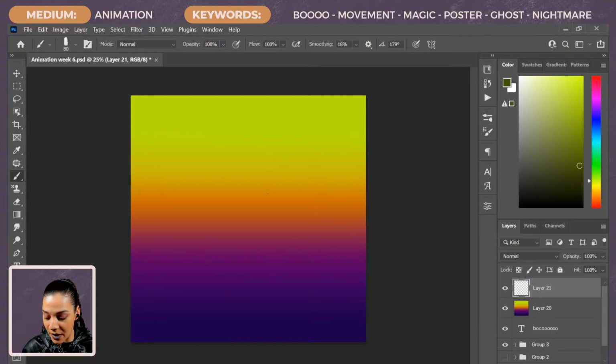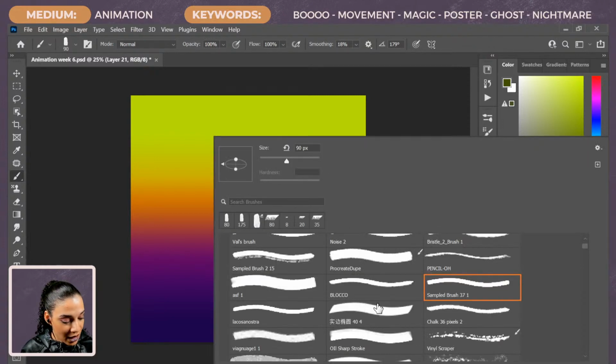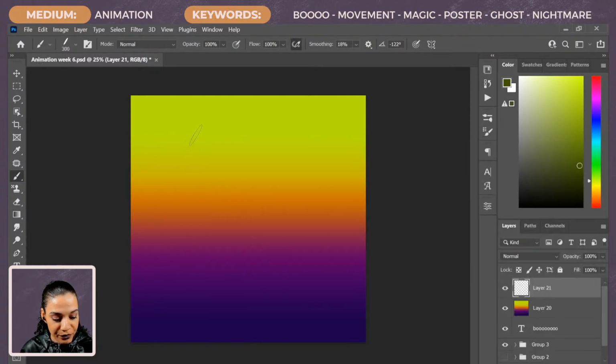I'm gonna select my brush tool, grab my Blocko brush, and we're going to sample some of these. So I'm gonna snag this one, and I'm gonna put this right there. Hold on, I'm gonna snag a brighter color. In fact, I'm gonna snag this yellow, and then kind of a gold, maybe something a little more saturated than that.